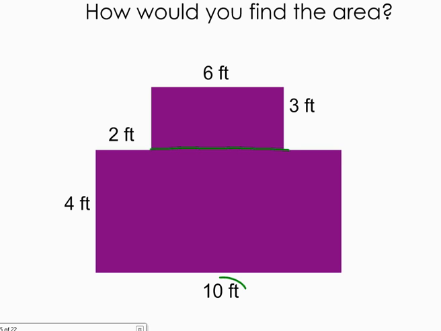Because I would know the base is 10 feet, which means that's 10 feet. That's 4 feet, which means that's 4 feet. So those are equal. And up here, they give me the base is 6 feet, which means that's 6 feet, and 3. So if I find the area of the 2 big rectangles and add them together, well, base times height here would be 4 times 10, so 40 feet squared. Up here, I have base times height, 6 times 3, 18 feet squared. I add them together, 40 plus 18,